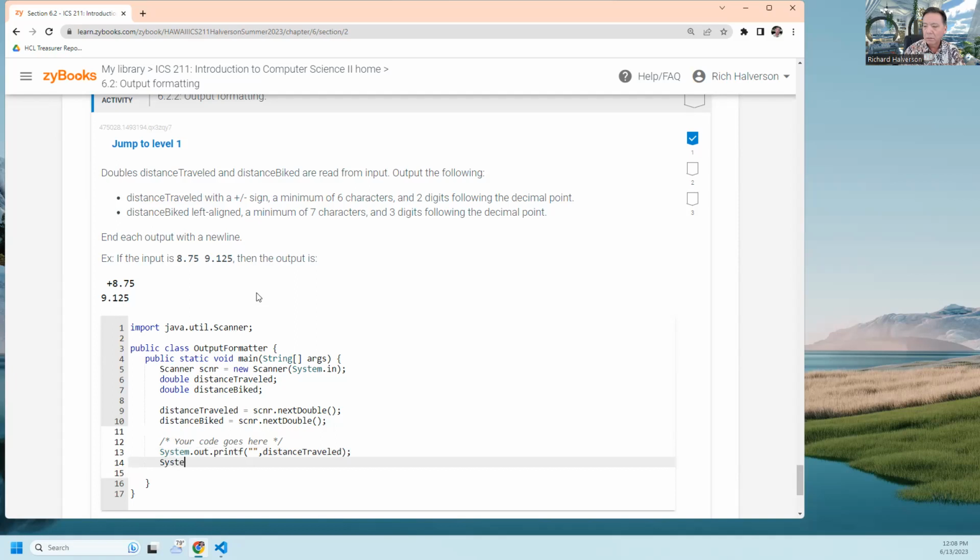And system out print F, distance height. And there's going to be no percent signs. Okay, a plus sign in the front. Okay, so wait a minute. Okay, so these are double numbers. And so it's a percent plus sign. I want the plus sign there. Is that like a plus then or something? I'm going to do that. Plus